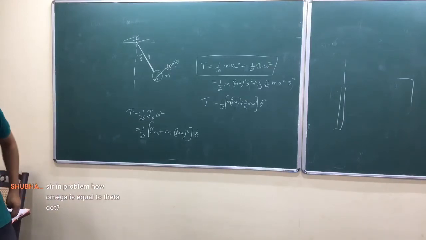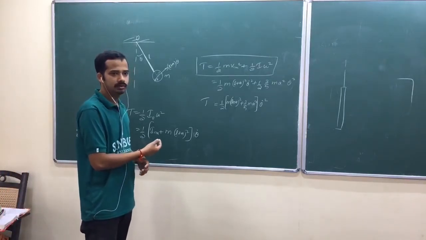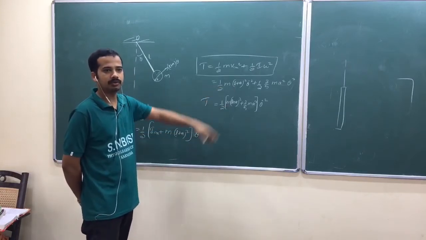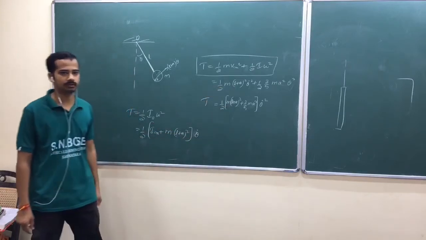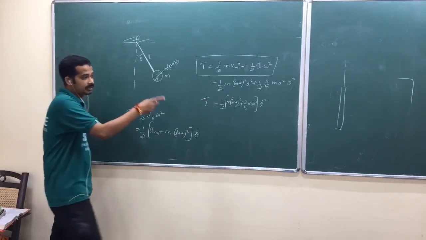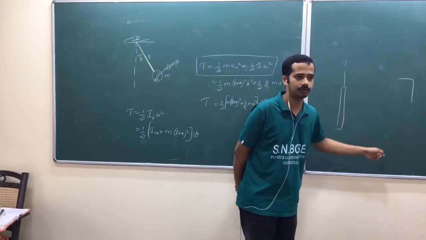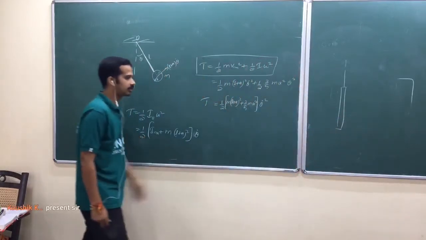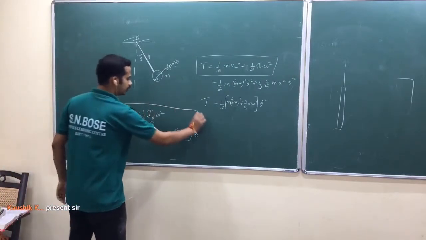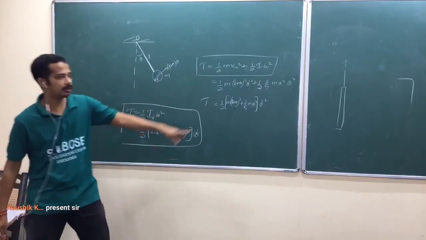Yeah. In this problem, how is omega equal to theta dot? If you think like this, motion about center of mass, how is omega equal to theta dot? In the same problem, I have written that omega equals theta 2 dot. Do you remember yesterday? You need an argument for that. So one thing is, you had better follow this one so that you avoid that confusion in this particular problem, but you can't do the same thing there.